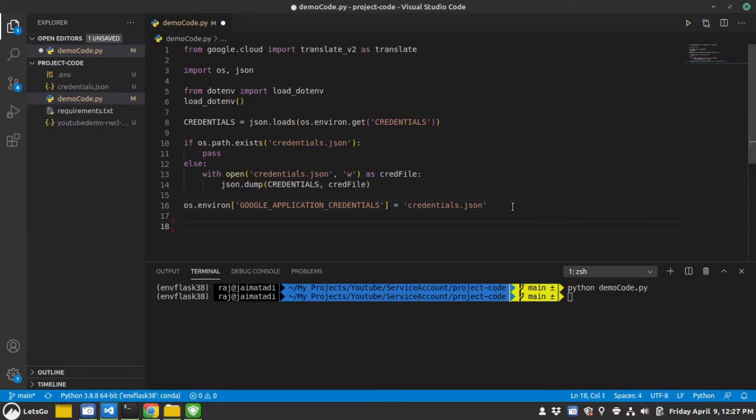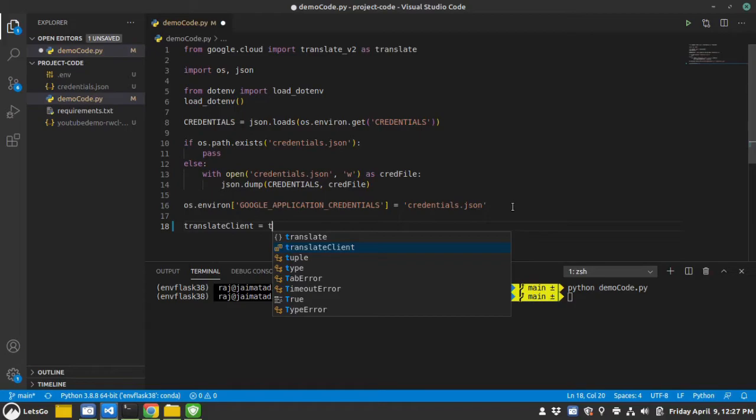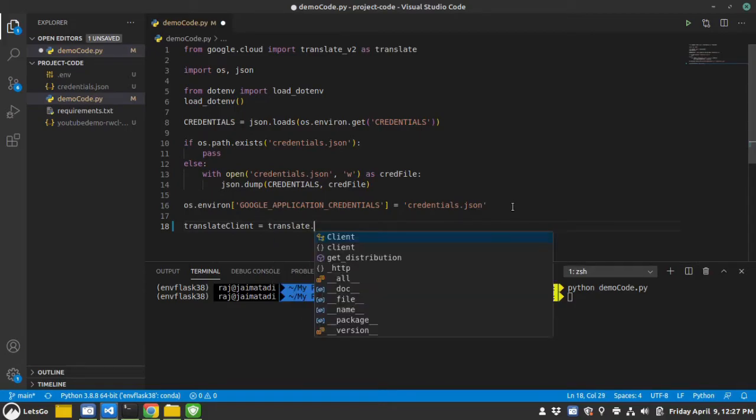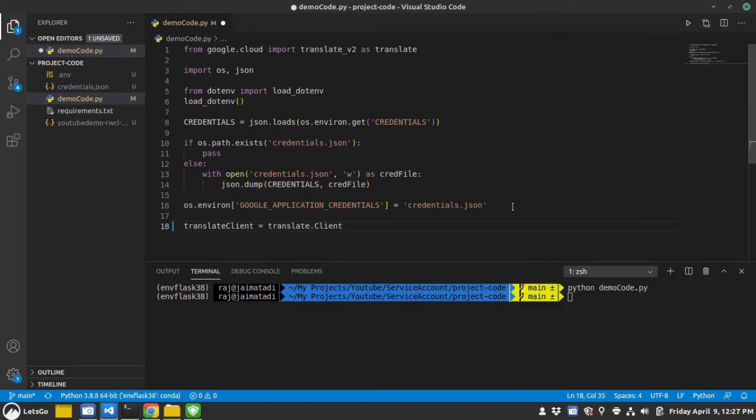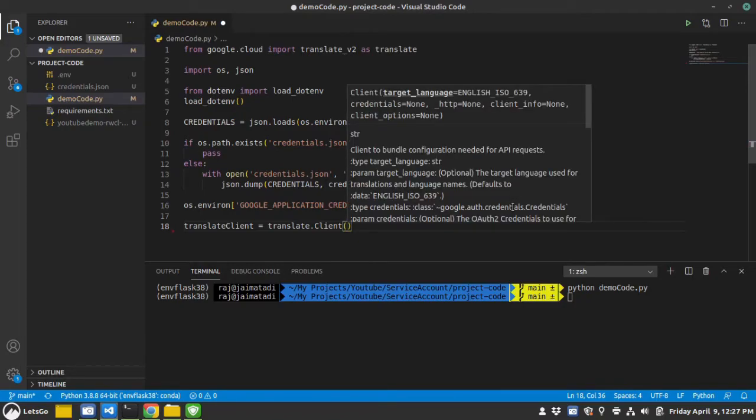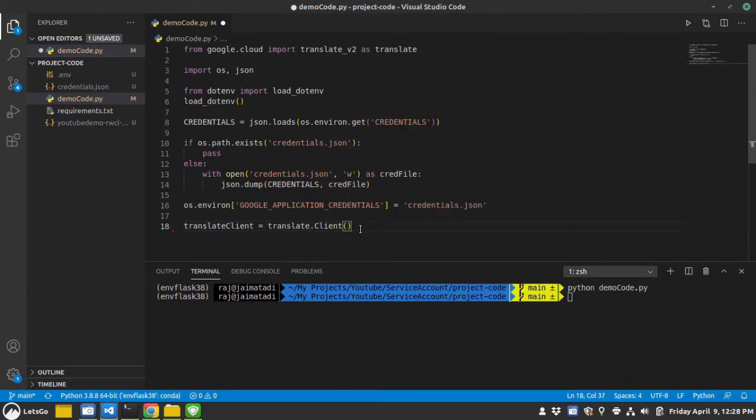Now let's create the translate client. So translate.Client, and it has target language and other options, credentials, but since we are not providing credentials like expiration token, refresh token and authentication token, and are using the service account method, we will not provide anything here.